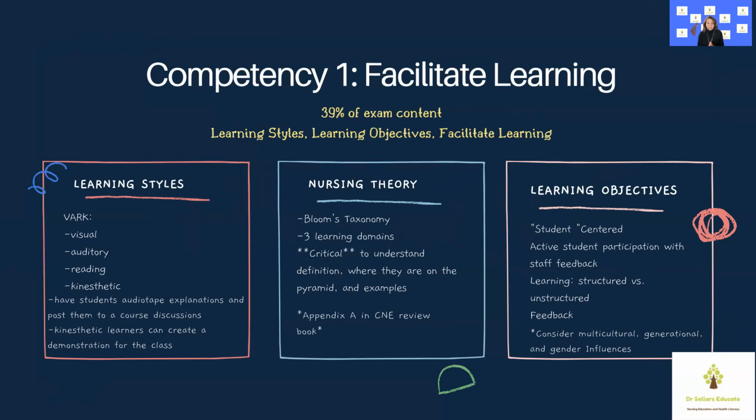So that's the second thing. Where is the level of learning for that specific learning domain? And then second and third are examples. So you want to understand examples of the learning at each level on that pyramid and the verbs associated with